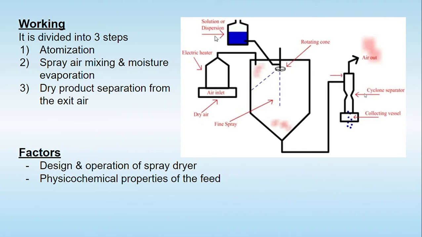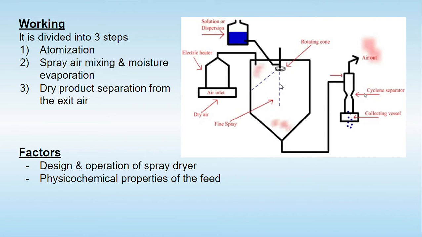Here it is written that a solution or dispersion is going to be sprayed by the use of the atomizer into this particular drying chamber. The dryer air inlet is an electric heater, and the air passes through the filter and is also going to be sprayed inside this chamber. This is drawn by this somewhat pink coloration, or the pink clouds,